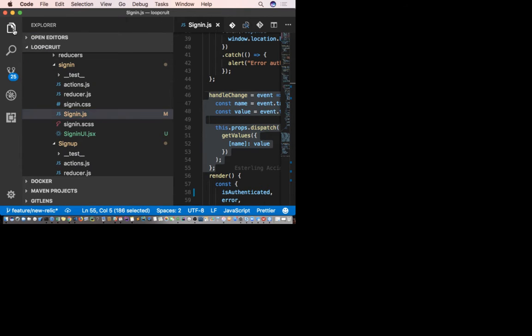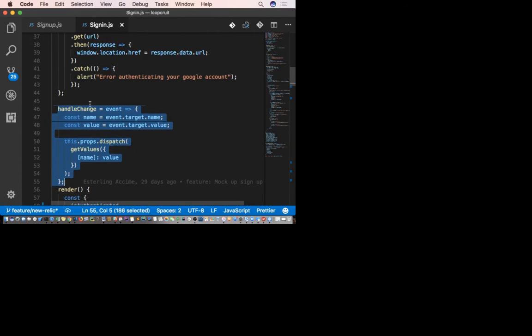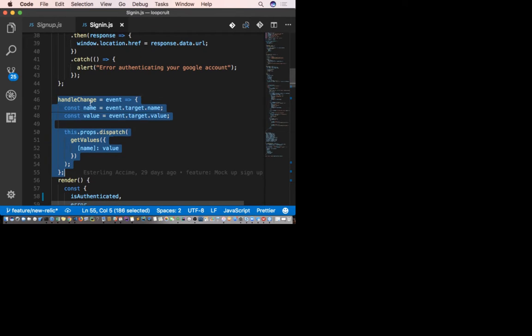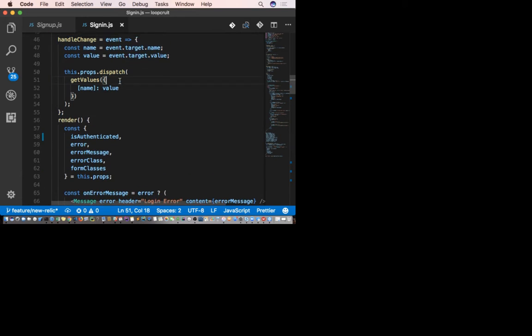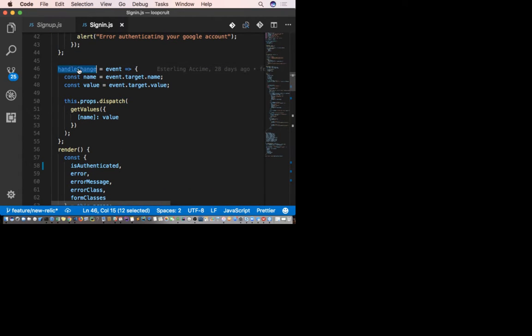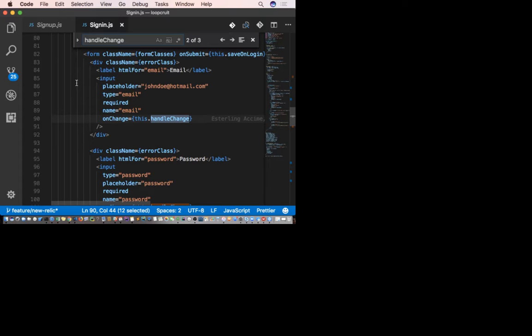All right, but here's handle change, right? It's in the sign in. The whole purpose behind this function is getting some value from certain inputs. You see, it's getting some value from some input over here.